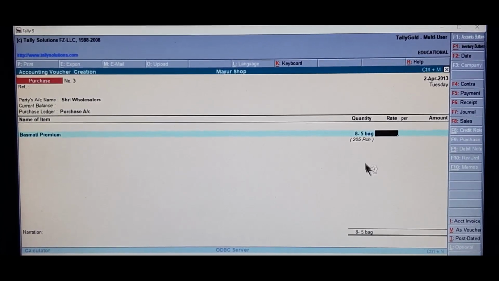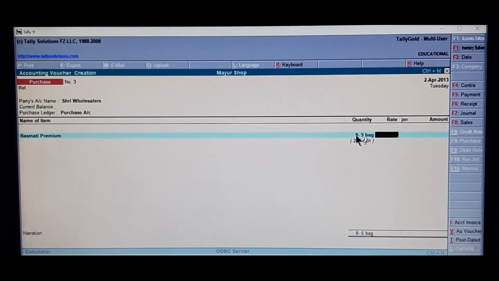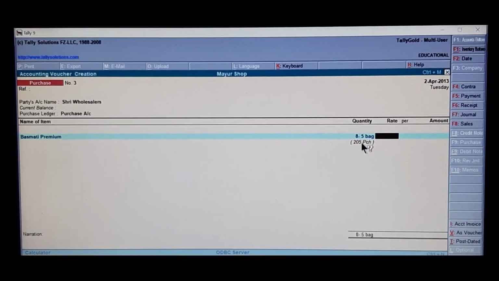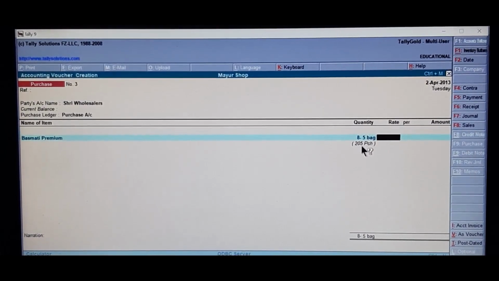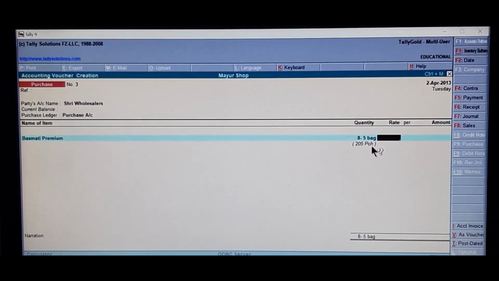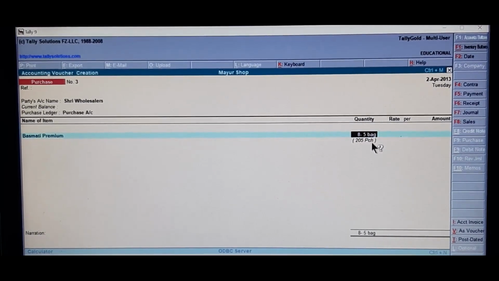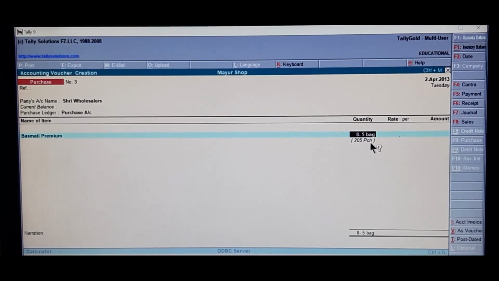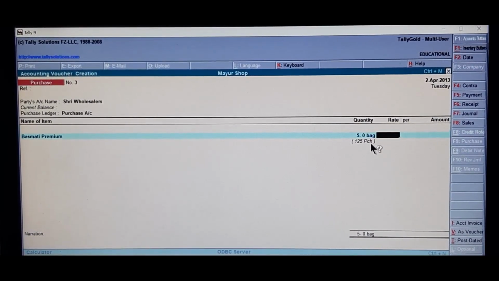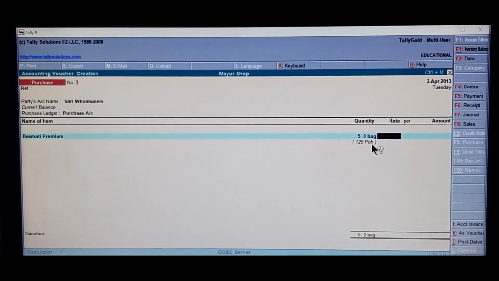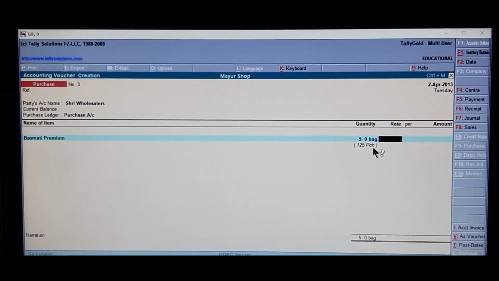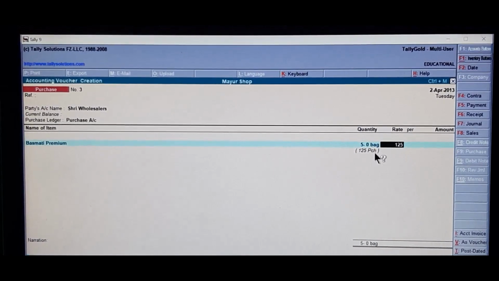This indicates here 8 bags, 5 pouches. This will come around 205 PCH. But as per the question mentioned, we have to take only 5 bags. Rate per bag has to be entered. That will be 1,250.